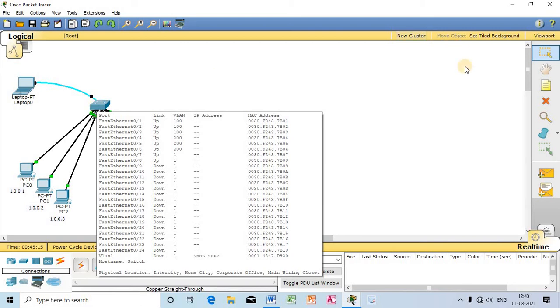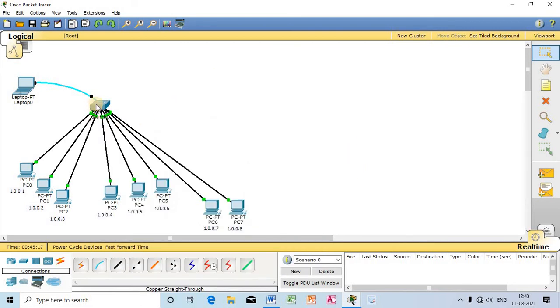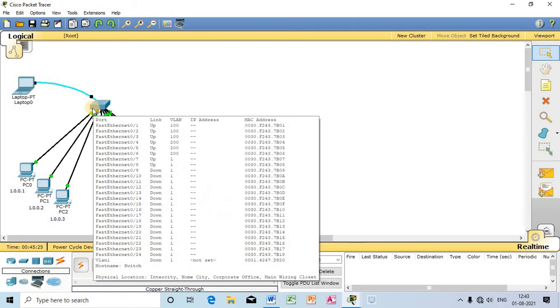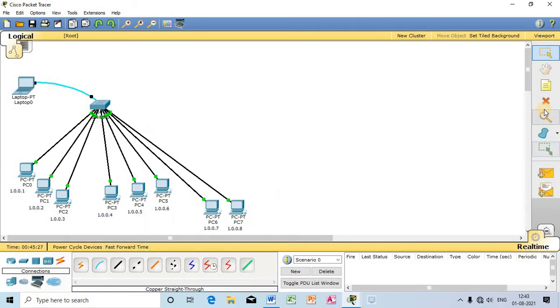Because I have connected these three computers to ports 01, 02, 03, these three computers belong to VLAN 100. The name of VLAN 100 was STUDENT.